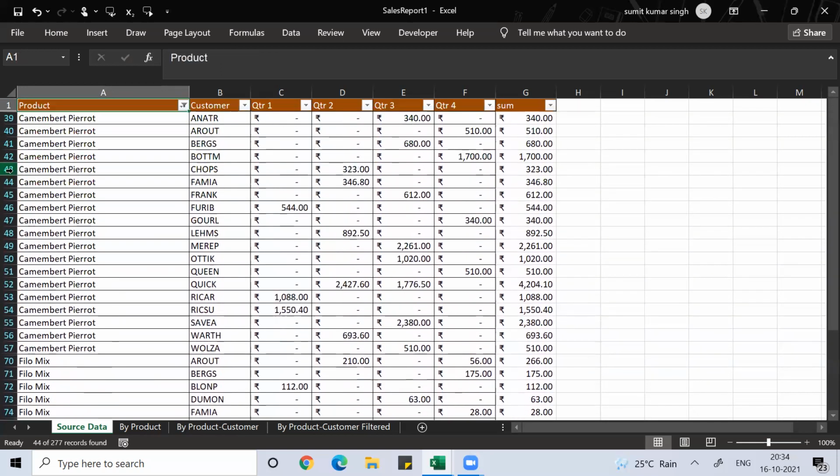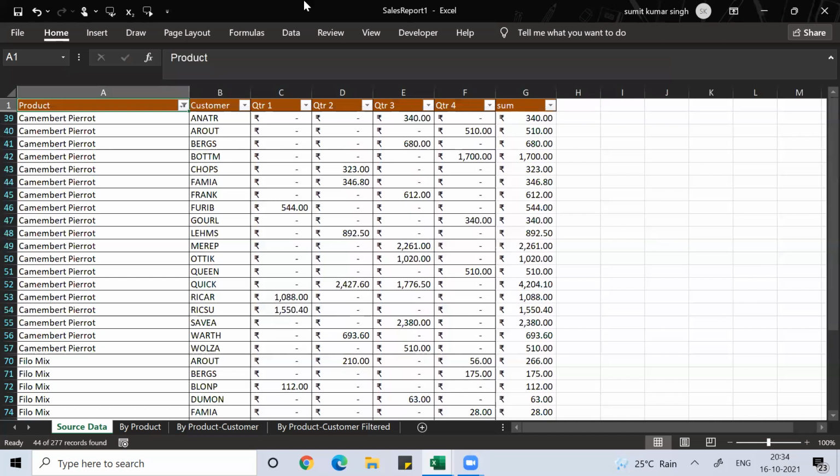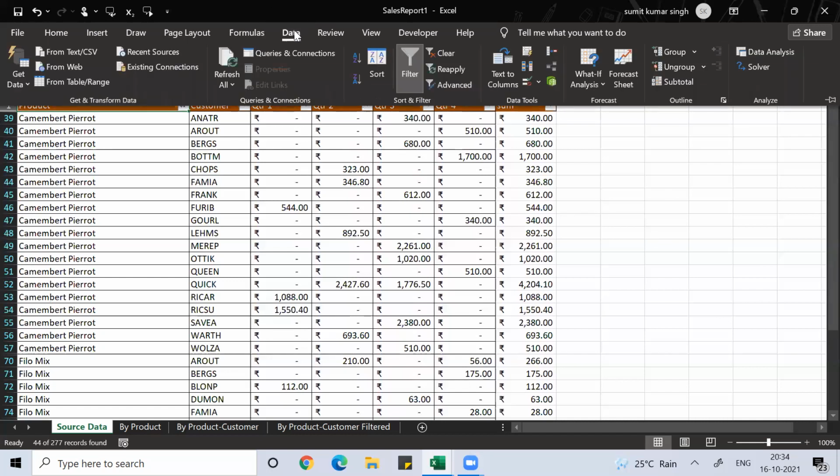The filter command you'll find under Home. Under Home, can you see the filter? Sort and Filter. Either you can find filter from here, or otherwise you can get filter under Data. Under Data, you'll see Filter.